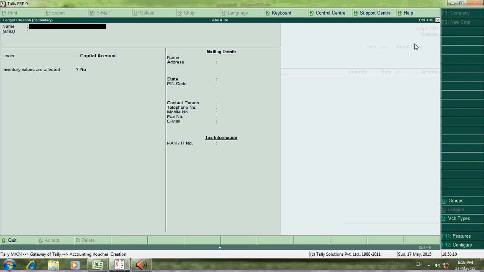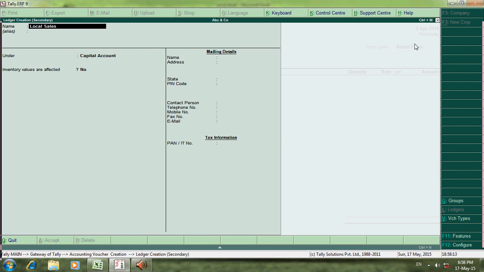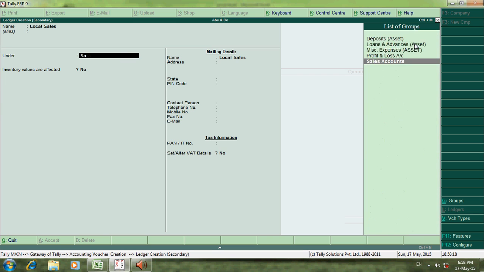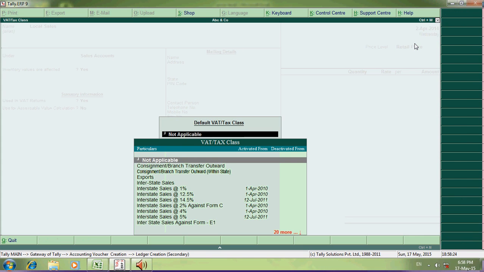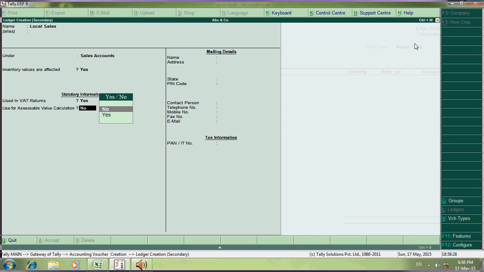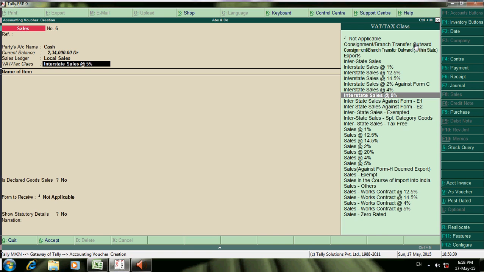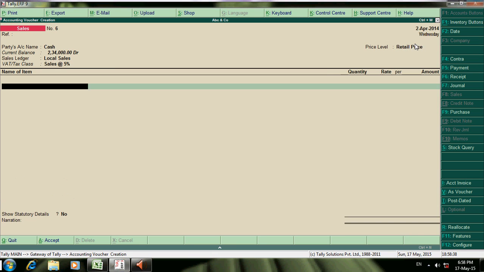Create one more ledger, local sales. Sales ledger. Inventory values, VAT returns, yes. Say for example 5%. Local sales, this VAT rate is 5%.